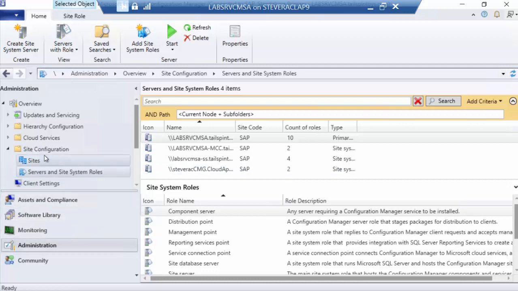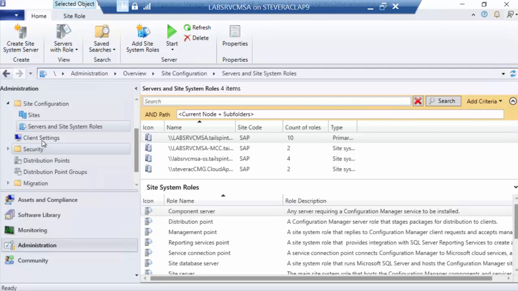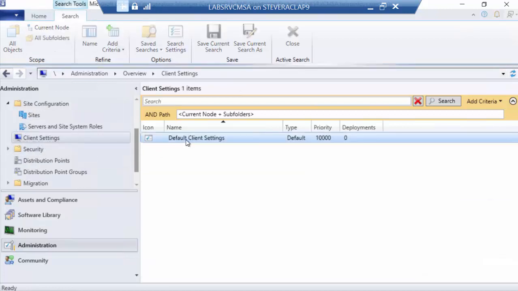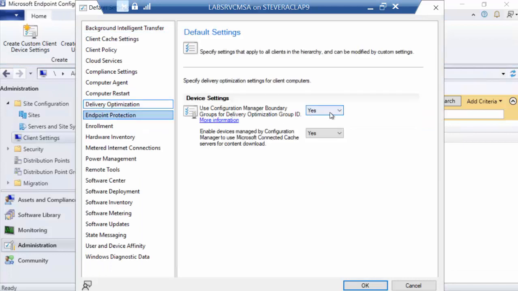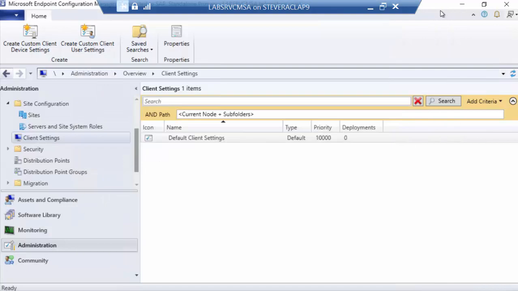Now you go up to client settings, or down in this case to client settings, and there's an option for you. So in the previous session, I showed you how to enable delivery optimization settings by setting this to yes. Now, if you want your Config Manager client to use the Microsoft Connected Cache that you've configured, you can set this to yes. And if your Microsoft Connected Cache is in the same boundary group as your clients, they will get the settings for the Microsoft Connected Cache server. So in my case,